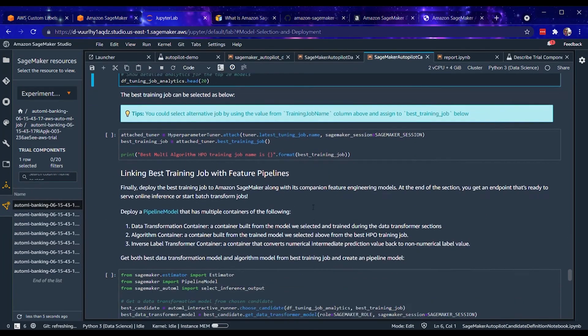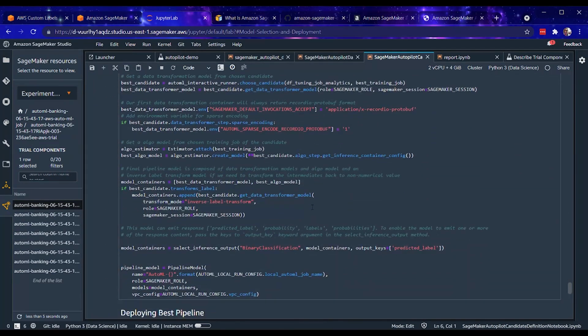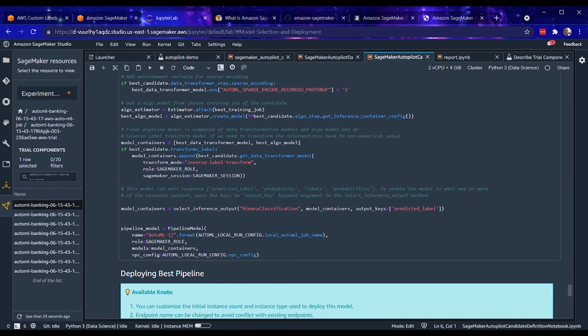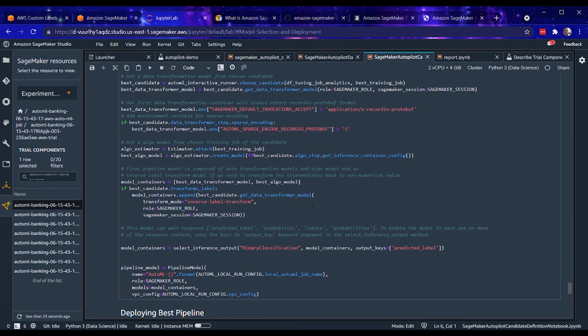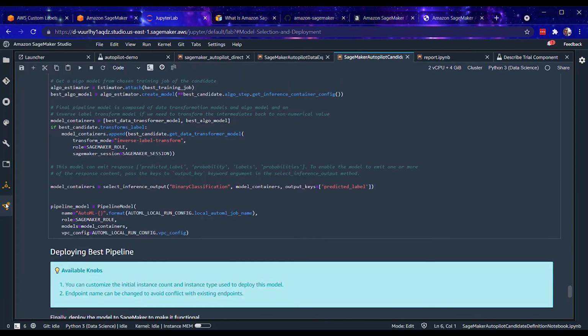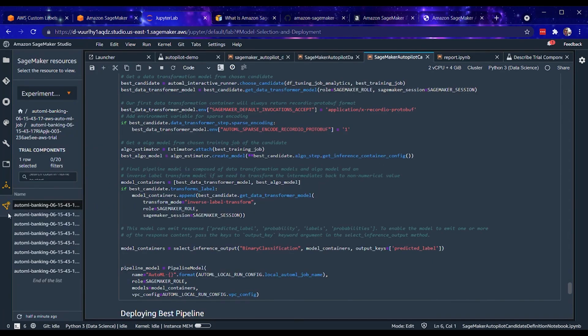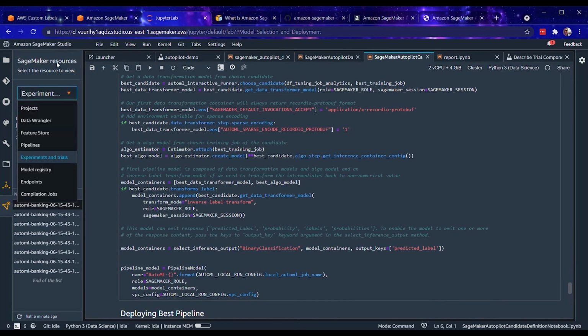So it's all baked in and available to you, so you can see exactly how it trains the different models, down selects to the best performers, and then tunes those. Now, alternatively, because Autopilot has this native integration into SageMaker, it also works with SageMaker Experiments. If you click on the bottom icon here, this little triangle within Studio, this can be your SageMaker resources. You can go to experiments and trials.